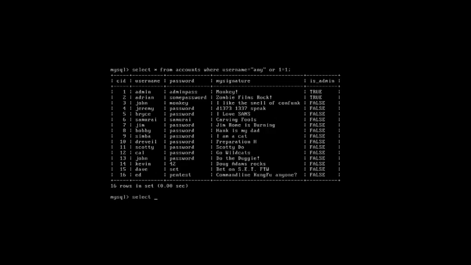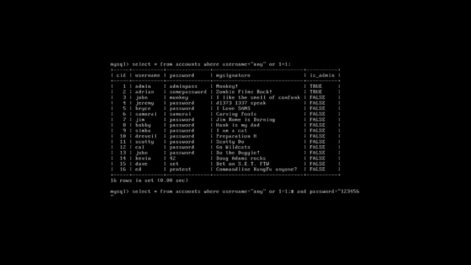Select star from table accounts where username is equal to any or 1 equals to 1, then use hash, and password equals to 123456, then semicolon.